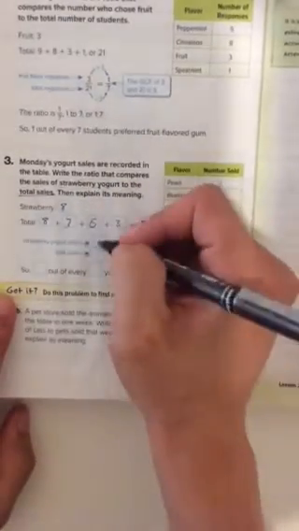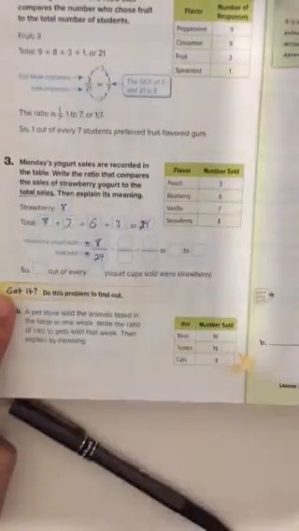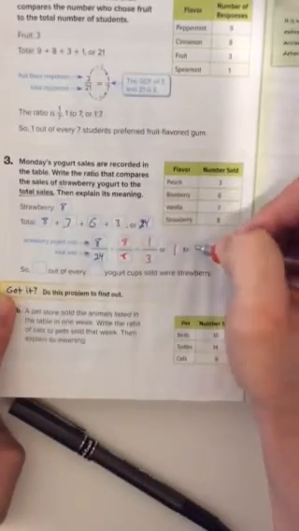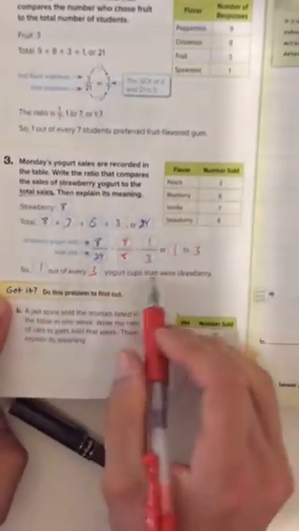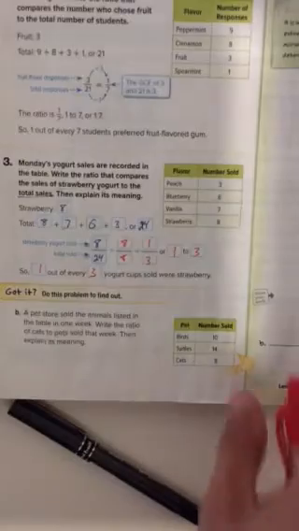So strawberry yogurt is 8, to total yogurt is 24. The greatest common factor of 8 and 24 is actually 8. So 8 divided by 8 is 1, 24 divided by 8 is 3. So 1 out of every 3 yogurt cups sold was strawberry. Alright,